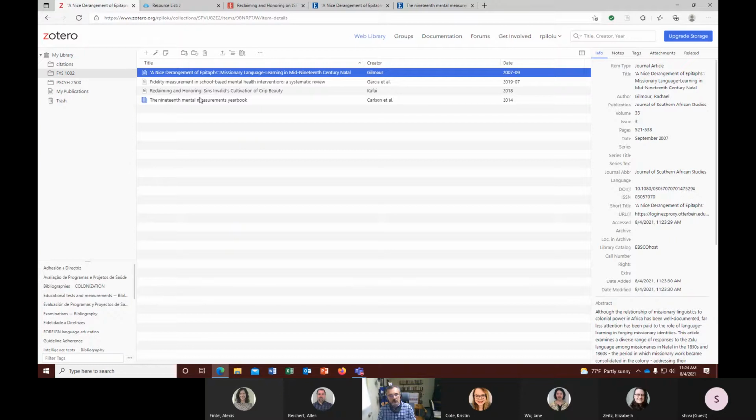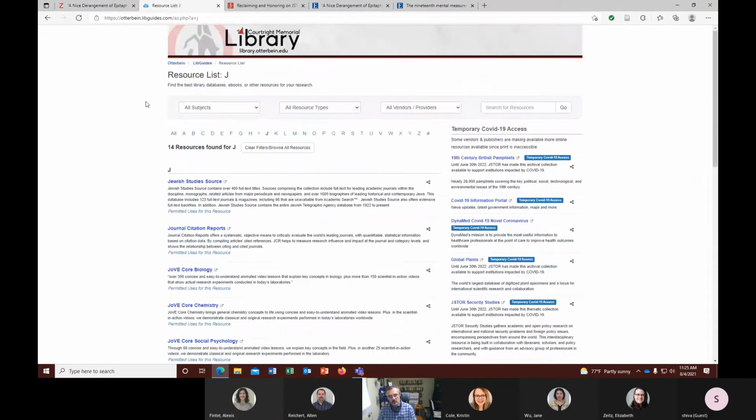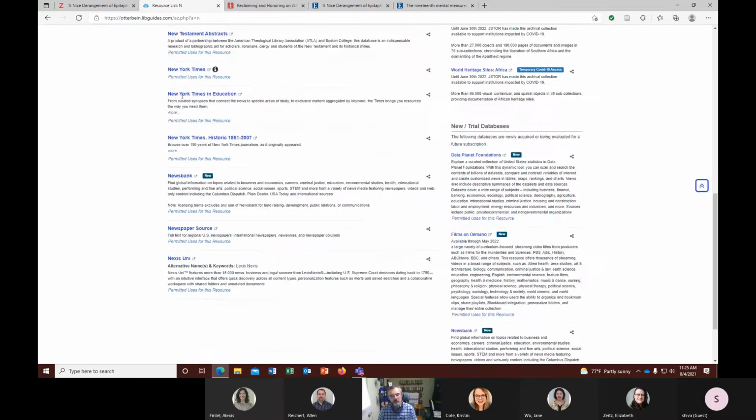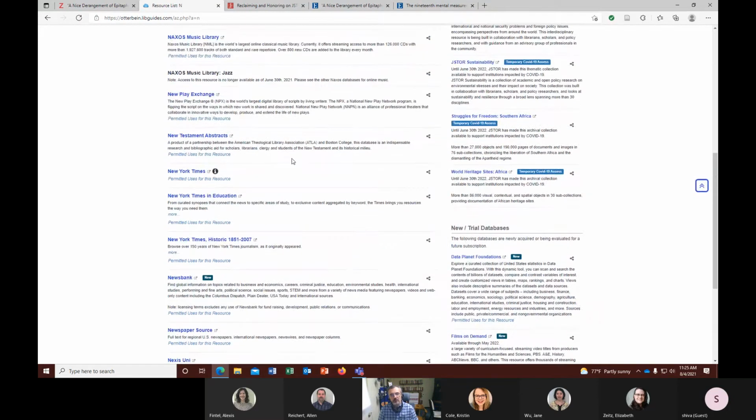And this is one way to organize them. They also get reordered sometimes based on the type of material they are. Not all databases work equally well, and there are always problem ones like Nexus Uni. And you'll remember with Nexus Uni, it was really hard to upload to RefWorks, and